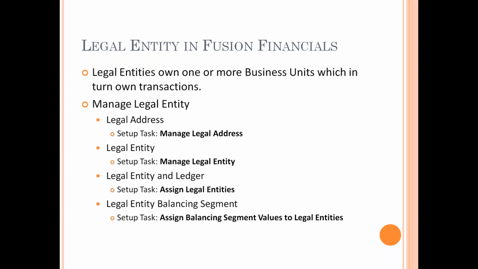Once you have registered the address, you have given the documents and the government approves you to perform business, then you can go and create a legal entity. When you are creating a legal entity, you will need certain attributes. One of the important attributes is your address, your tax identification numbers, and your legal entity identification or registration numbers that have been issued by the government. So these are a couple of important things.